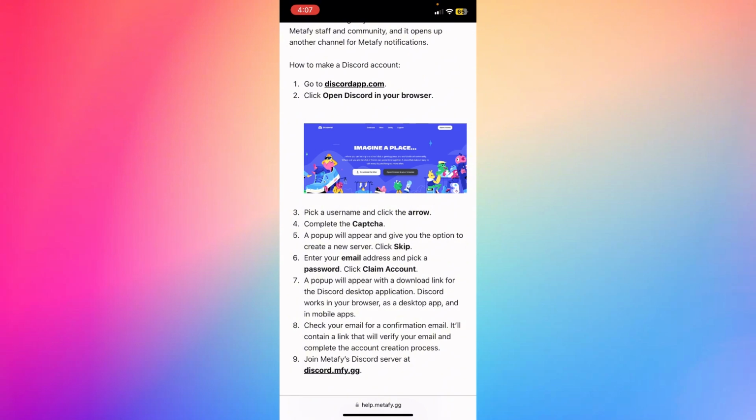So check your email for a confirmation email, and it will contain a link that will verify your email and complete the account creation process, and then join the Metafi's Discord server at